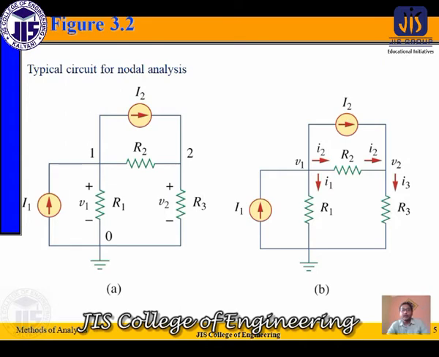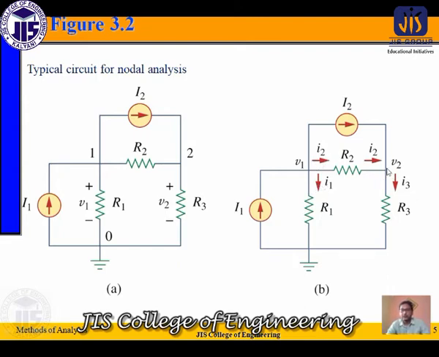The non-reference node having voltage V1 has a total of 4 branches connected together. For whatever branches there are, we have to consider the current. You can take the direction of current as per your choice, no problem at all. First of all, we have considered this I1 current downwards. This is my opinion, you can consider the upward direction also. Similarly, I have considered I2.